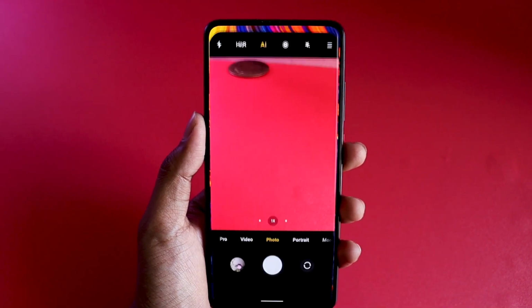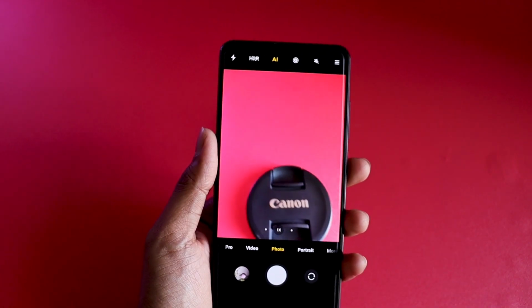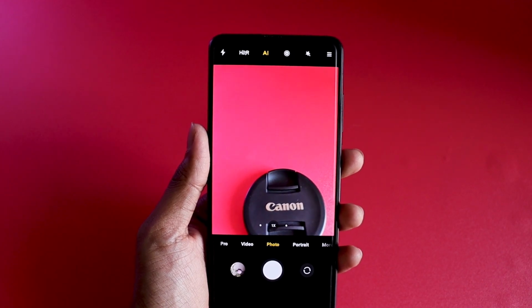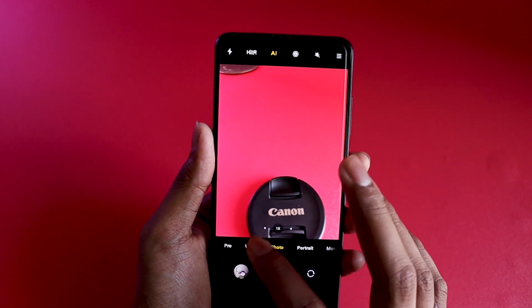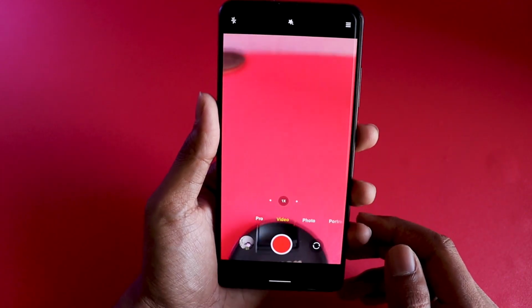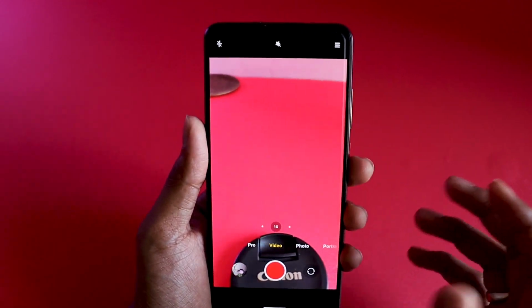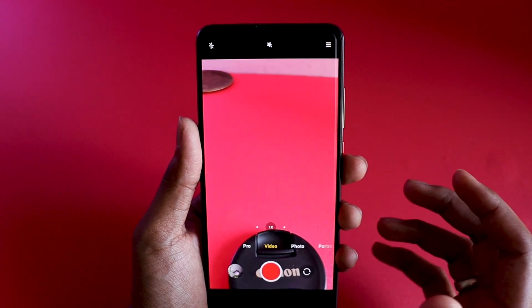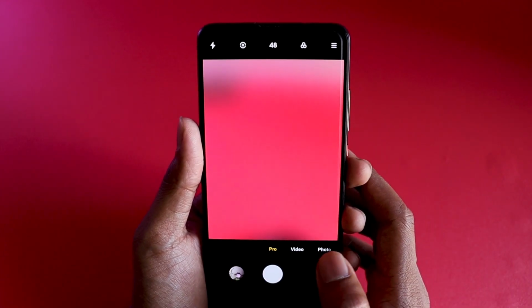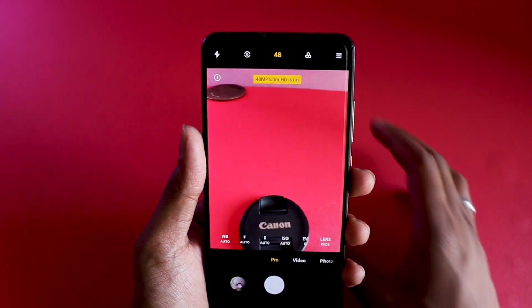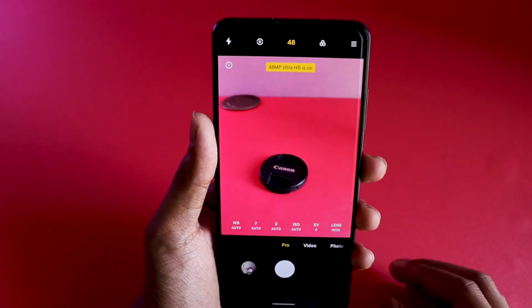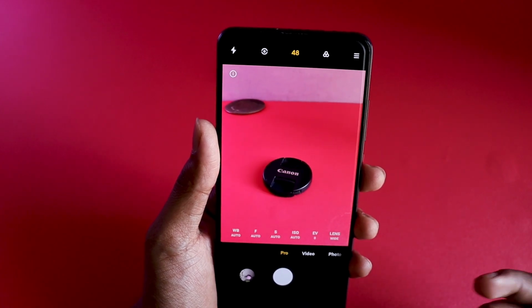But once you open this application, you will find it very much resembling MIUI. So the complete skin of MIUI has been copied, and all the features of MIUI camera that you will see on your phone before you actually put on a custom ROM, you will be able to see the same features here. So this is the Pro mode, and here you can click on 48 megapixel if your lens is of 48, else it's 64 and you will be able to put 64.